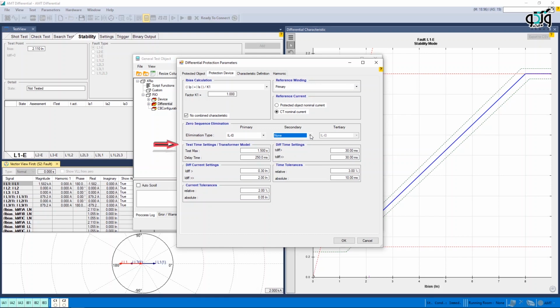In test time setting transformer model, test max and delay time fields specify maximum time of fault current injection and delay time after receiving trip contact, respectively. In diff current setting, IDIF first stage field is related to first stage and IDIF second stage is related to second stage. Note that for currents lower than IDIF first stage, for every bias current the relay is stable and does not perform a trip,